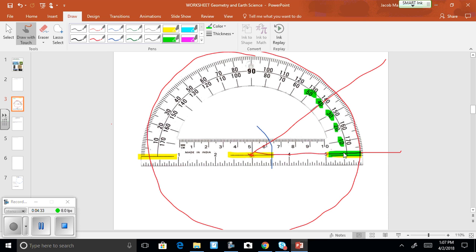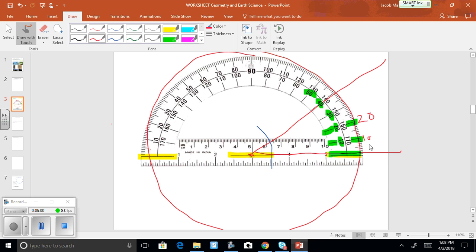Okay, so each of these lines has a little, here's your 10-degree line right here. That matches with this line right here, so that's still technically your 10. So this is your 20-degree line right here, right? And that matches with this one right here, so that's your 20. So here's your 10, right? And then here's your 20,